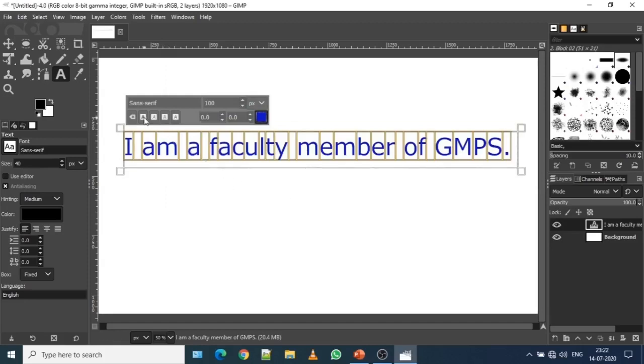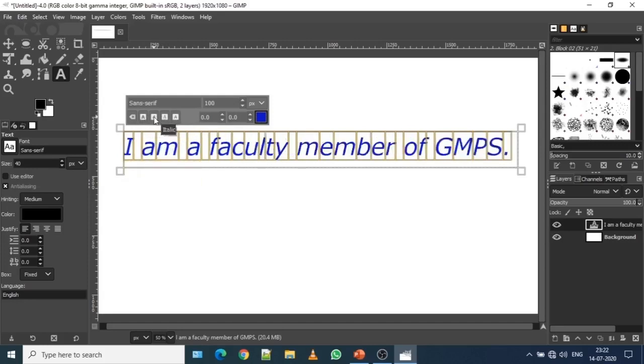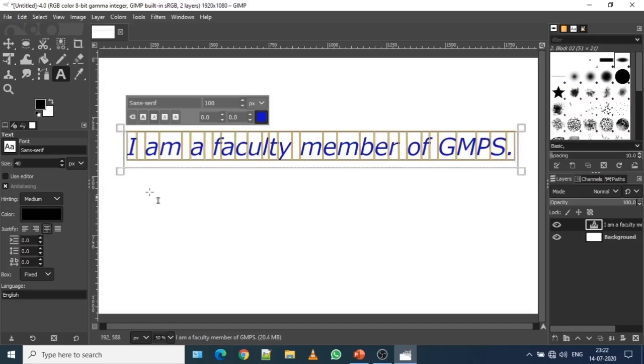Other than that, there are different types of alignments that you can do using font style. There are 4 font styles; bold is overlapping, so I'm not going to do that. Let's say I want to change it to italics, which looks more stylish compared to regular text. By default, left justified is selected. If you want the text to be at the center, you have to select center within the text box.